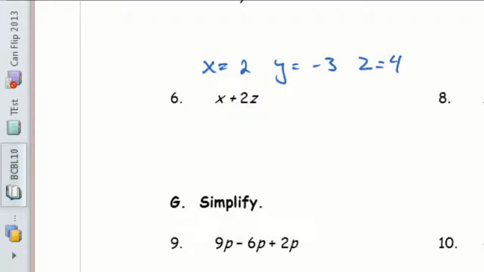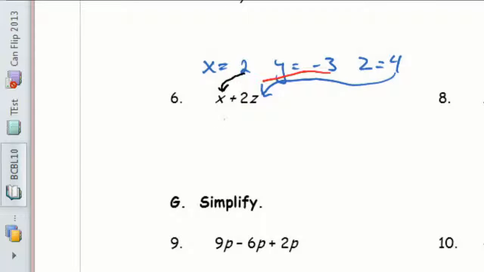And what I'm going to do is substitute these values into my equation. So I have x is equal to 2, so I'm going to put the 2 in there. I have y is equal to -3, but I don't have any y's, so I don't have to deal with that. And then I have z is equal to 4, so I'm going to substitute a 4 in wherever there's a z. And sometimes these variables will come in more than one place. That's fine if there's more than one x. Every time you see an x, you put a 2 in. Every time you see a y, you put a -3 in, and the z, you put a 4 in.